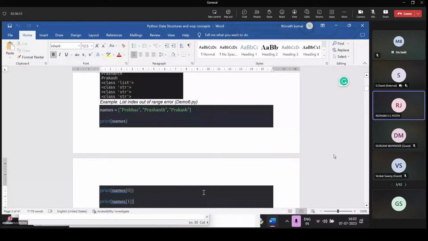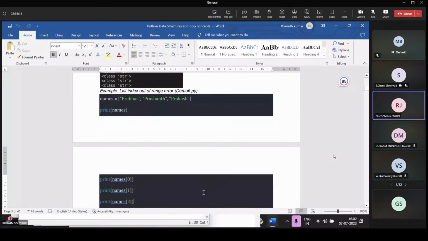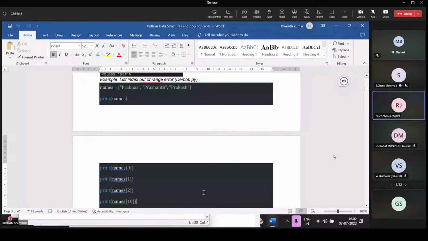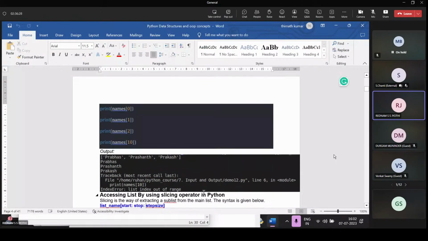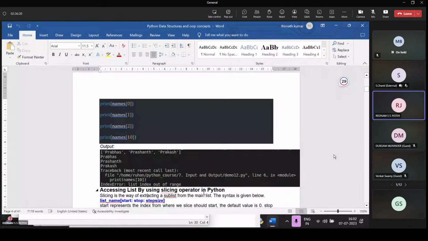Next, the list index out of range error. Here there are only names of 0, 1, 2. There are 3 elements present in the list. So if you want to access the 10th index element, we will get an error, that is, list index out of bounds. Here names of 0, Prabhas, is displayed, names of 1, Prashant, is displayed, and names of 2, Prakash, is displayed.